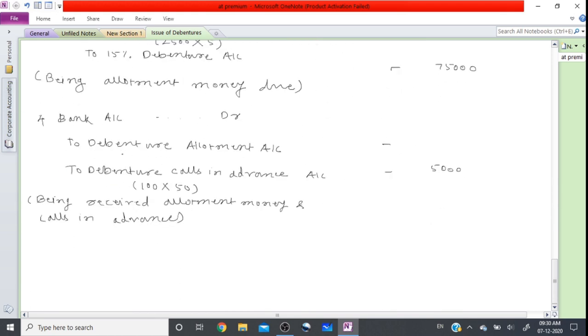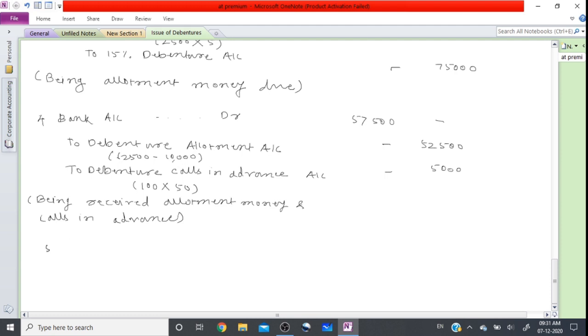Okay, so 62,500 minus 10,000, it will be 52,500. So, and we know every debit has a corresponding credit, so 57,500 goes to the bank. Okay,